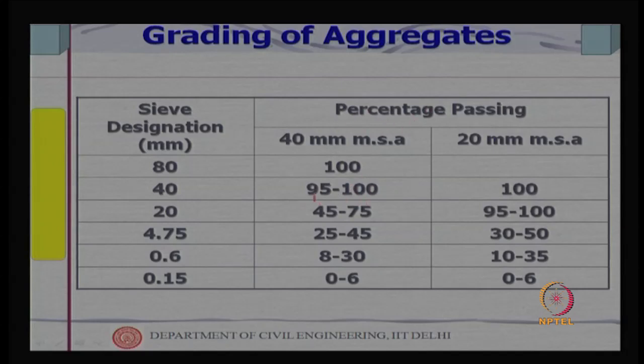It says that if it is a 40 mm MSA, the best result you will get is when 100% passes through 80 mm, 90 to 100% through 40 mm, and 100% through 20 mm, etc. So, for 40 mm MSA this is the grading requirement, for 20 mm MSA this is the grading requirement. Such grading requirements in terms of the range of sizes are given in code, and that should be used